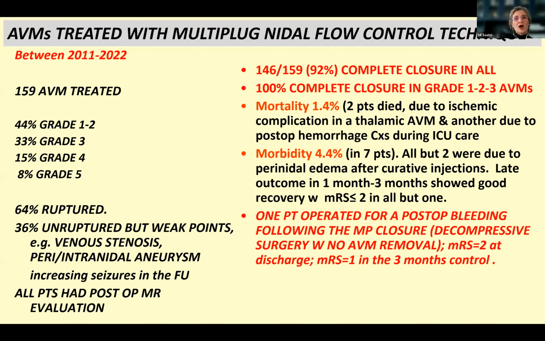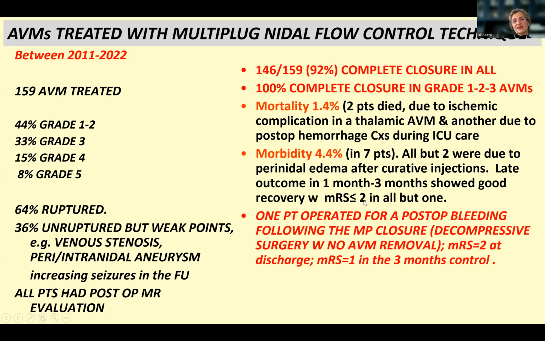So overall, our multiplug series up to last year; the last 1 year of cases are not included in this data. Actually, there is a selection bias. 3/4 of the cases were grades 1 and 3, and in those we had complete closure. Overall, 92% complete closure in the entire series, with a mortality of 1.4, morbidity of 4.4, and only one patient